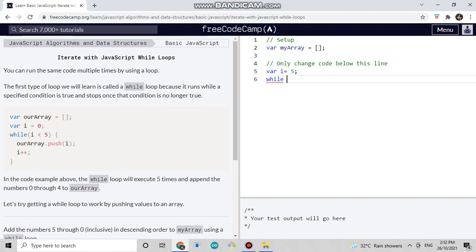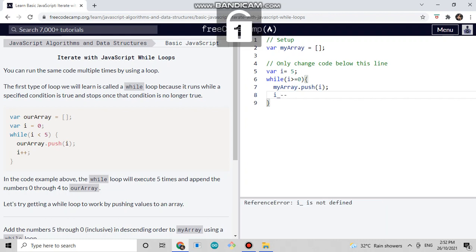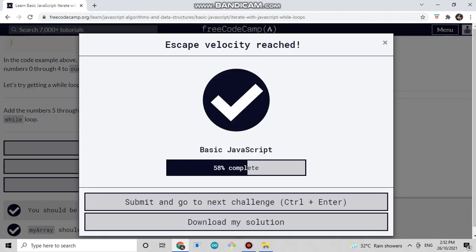while i is greater than or equal to 0, then myArray.push the value i, then i minus minus. Okay, let's try. Okay, next,